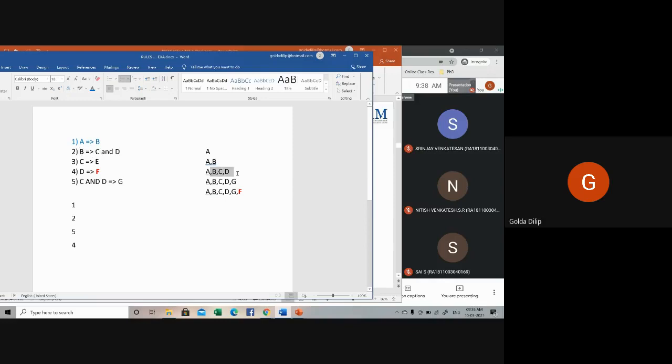and C and D enter into my working memory. Then again when I do a pattern matching, I have C in rule 3, D in rule 4, and C and D in rule 5. So I can trigger either rule 3 or rule 4 or rule 5, since all these are in my working memory. But only one rule can be triggered at a time. So now we have a conflict regarding which rule has to be triggered. We have a number of conflict resolution strategies.